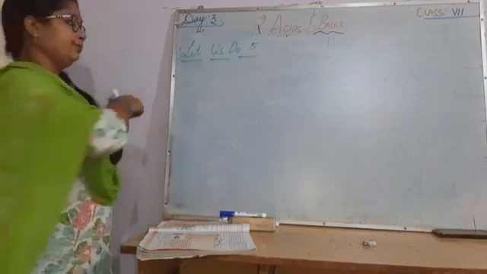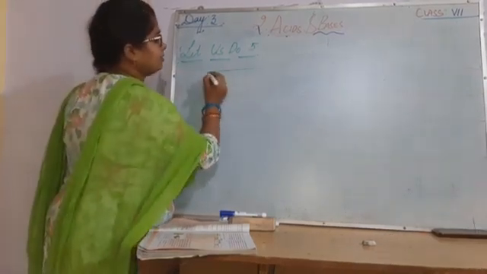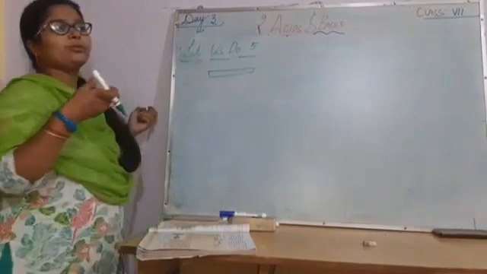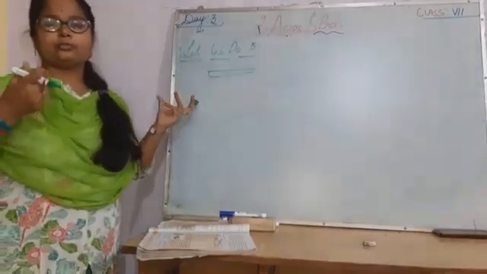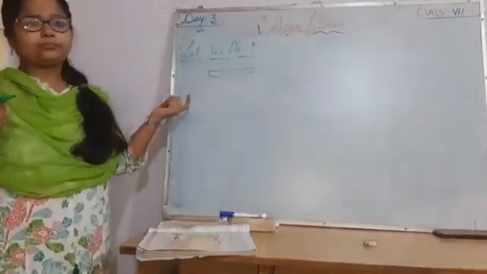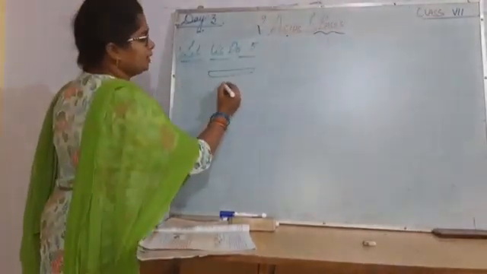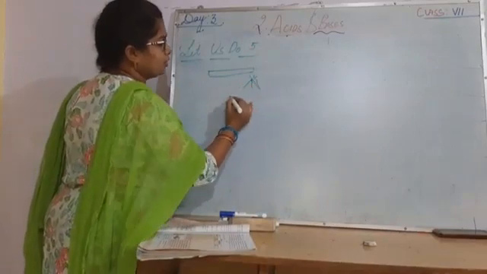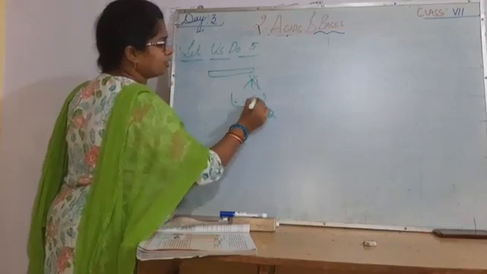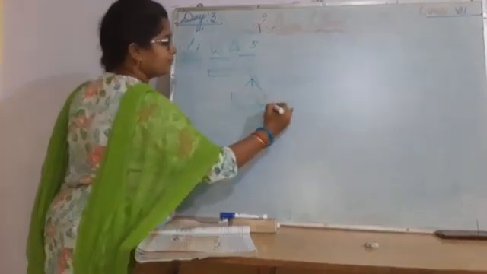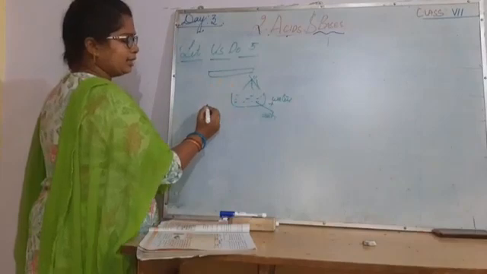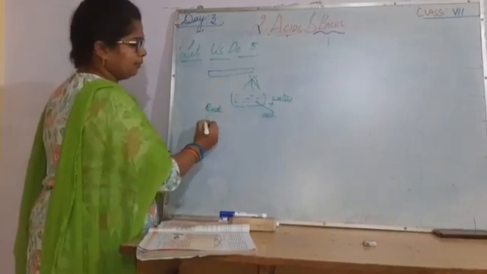So, magnesium ribbon. You take one magnesium ribbon, which is available in your laboratory, and with tongs you are supposed to hold it. Tongs are those which are used in laboratories to hold chemicals like this. When you burn this, ash will be collected. So add a little amount of water to this ash. Now touch this. How do you feel? And test with red litmus paper and blue litmus paper.